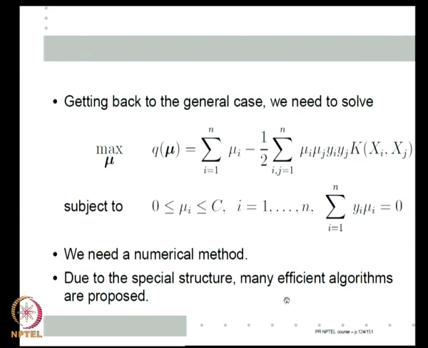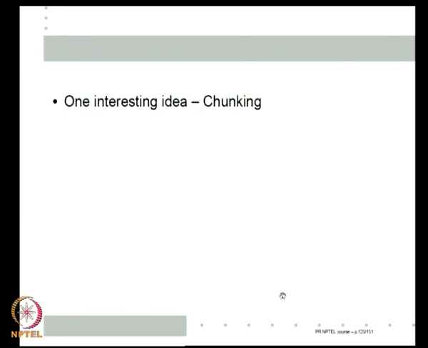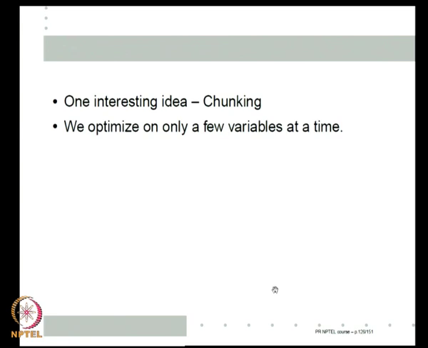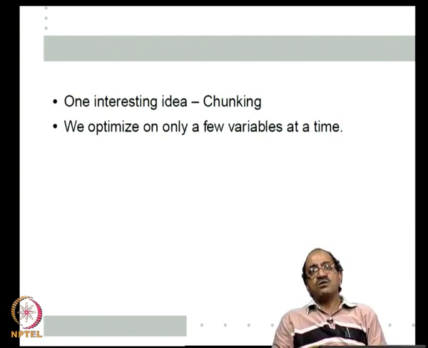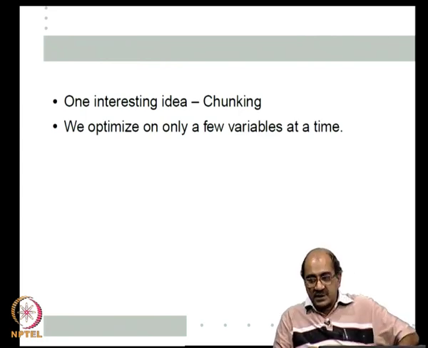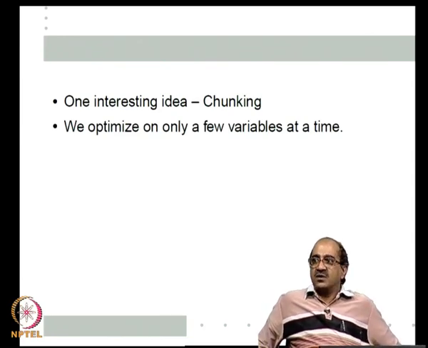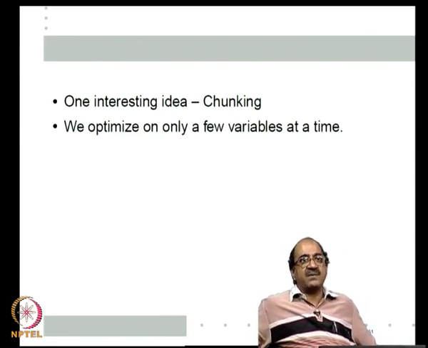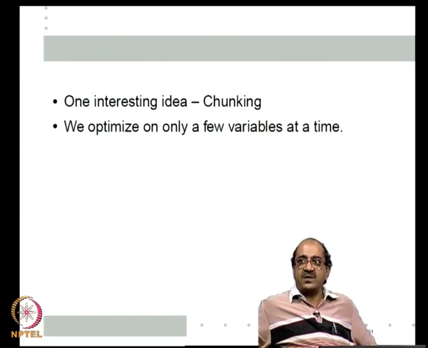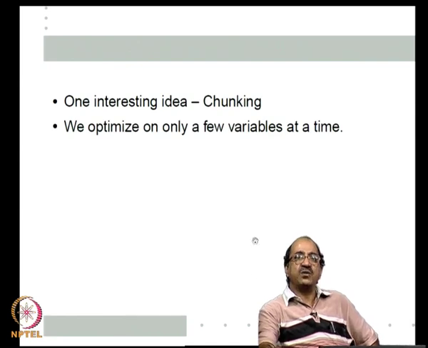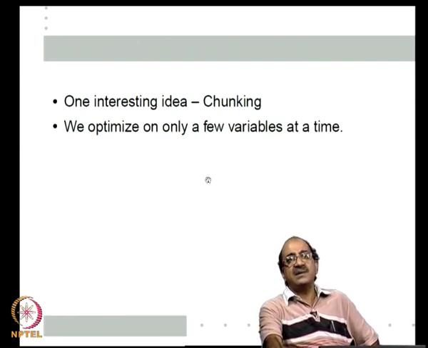We essentially look at only one structure here, what is called chunking. Chunking is simply that when you have an optimization of many variables, we do optimization of a few variables at a time. Something that all of you might remember is coordinate-wise minimization. If you have a function of x1, x2, ..., xn, we first keep x2 to xn fixed and minimize with respect to x1 as a one-dimensional problem, then minimize with respect to x2, then x3, and cyclically keep doing it. That is the simple idea of chunking.